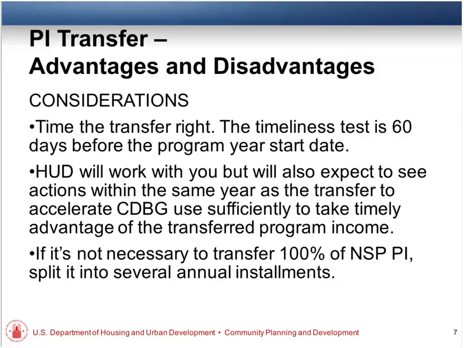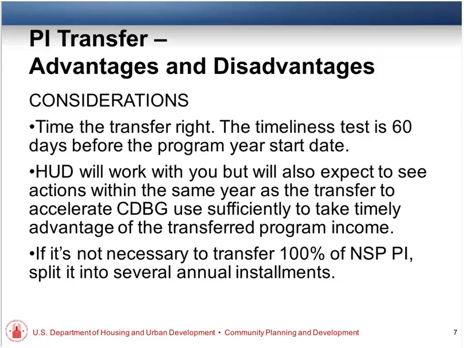Like I said, we can work with you on this. We will work with you on this. We understand that you're not going to be able to spend it all right away, but we've had an increasing number of communities that are not making that timeliness test every year, and we're really not interested in pushing that any higher.